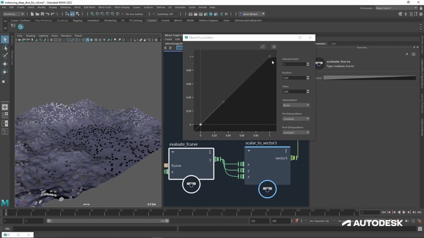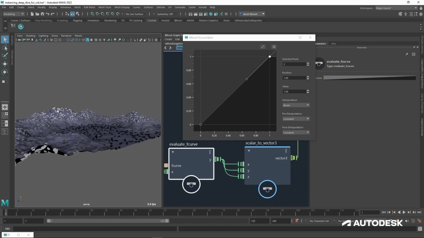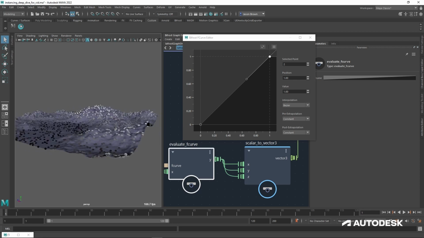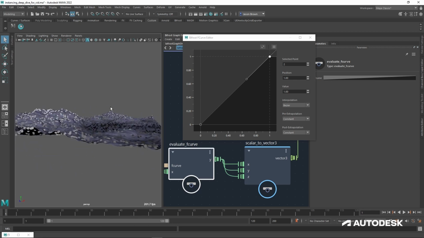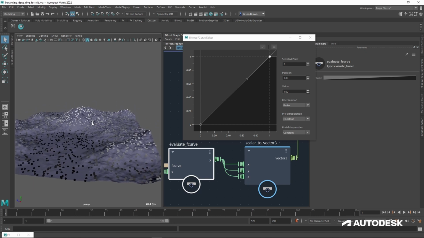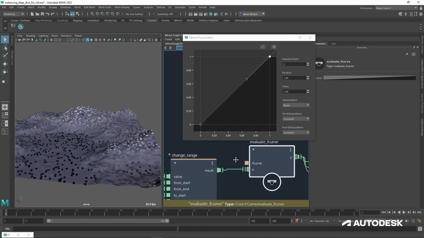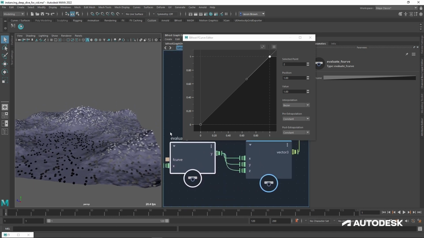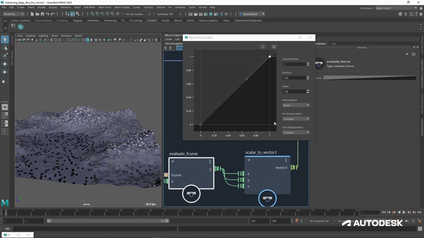Now, same at the other end. What's coming in at 1 is going out at 1. So the brightest point, which I'm guessing is probably that one, because it looks like it's higher than everything else up there, possibly that one. So that's coming out of our remap to 0 to 1 as white, as 1. So that's where it's coming in, and that's where it's coming out. So it's going out at 1.